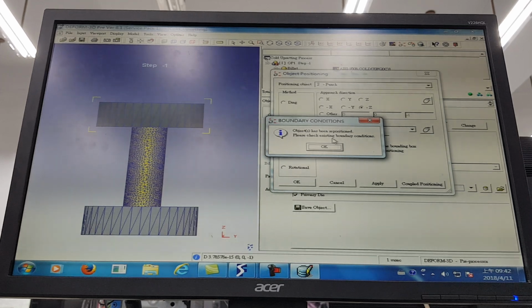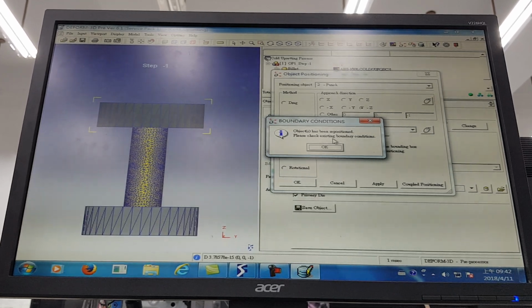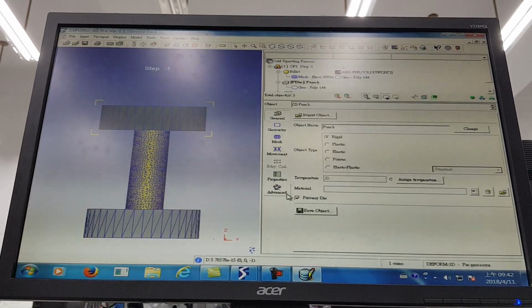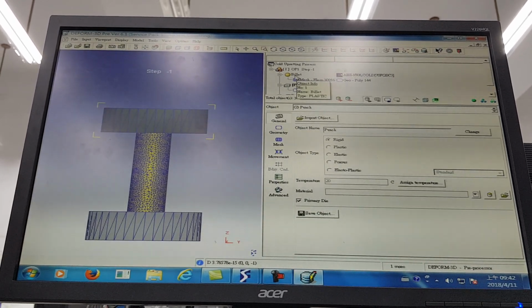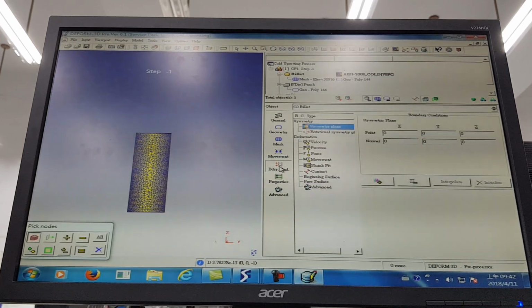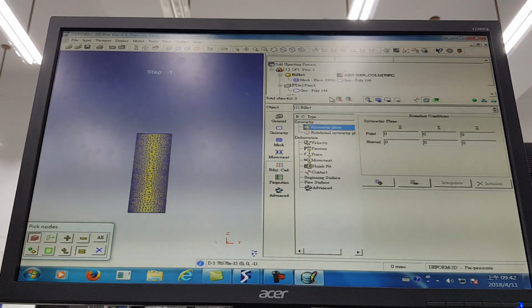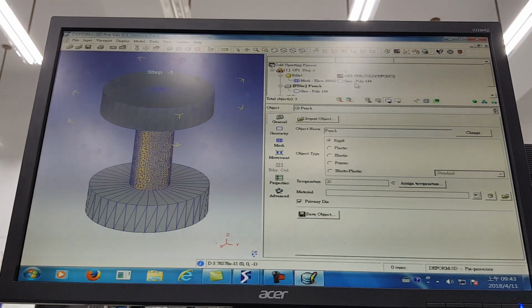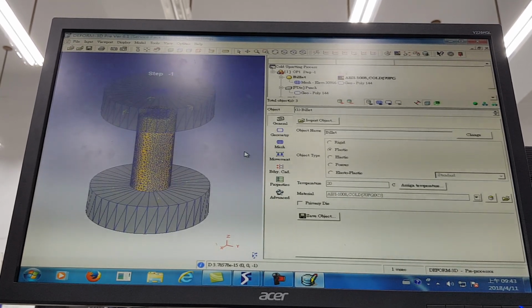So you need to go to the boundary condition to check again. But in this offsetting case, we don't define any boundary condition on the billet. Okay, after that,